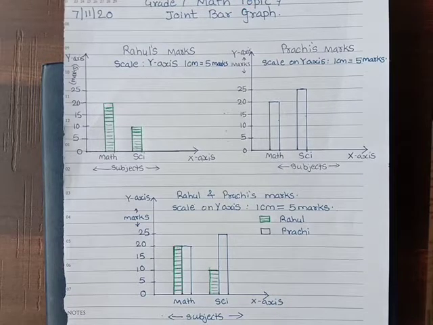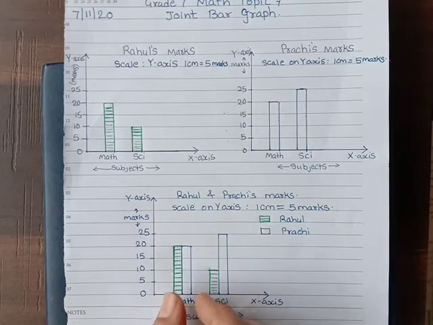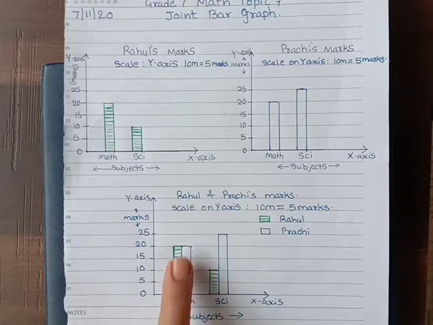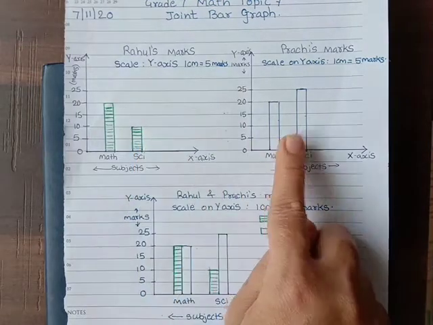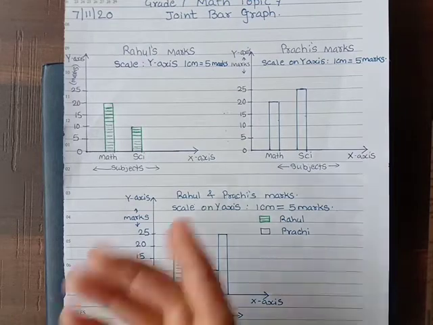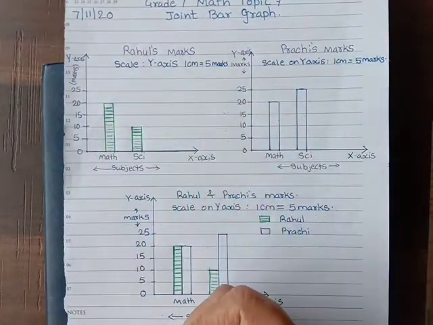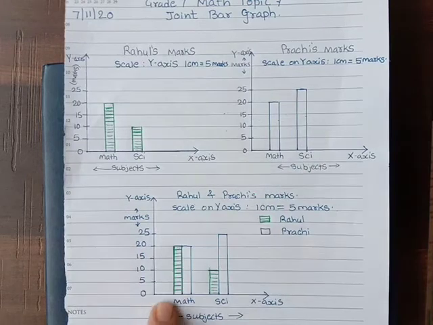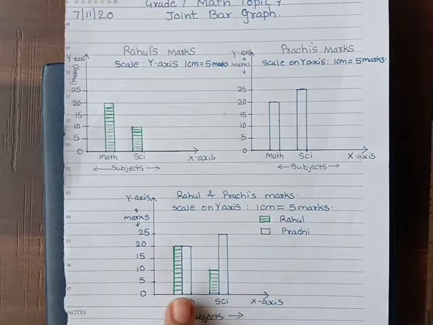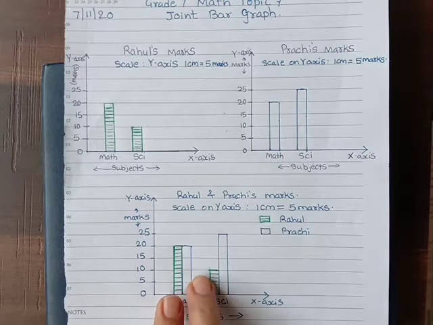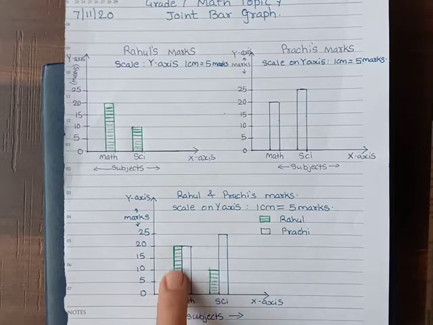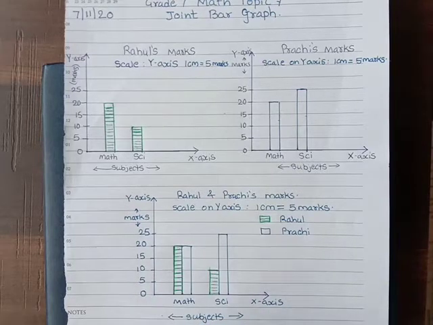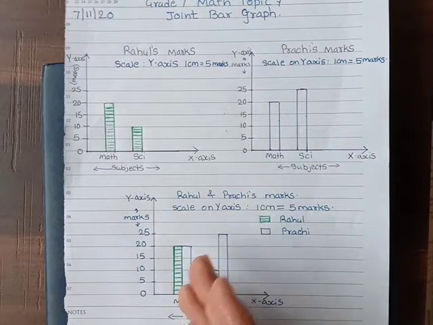So when two or more bar graphs are joined together, you call them joint bar graphs, provided they are specifying different information. If there are 4 students, I should have drawn 4 graphs. But to reduce the space, I will draw only one bar graph, and in that there will be 4 graphs joined to each other. Now how to differentiate? You can use different colors. For Rahul you can show one color, for Prachi a different color, or you can use the same color but make a different design within, so that you will be able to differentiate whose marks or whose information it is.